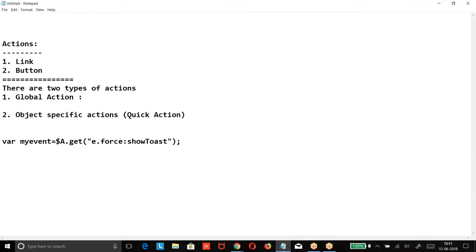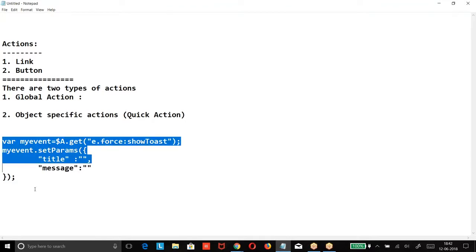To find this event, we need to set the parameter. My event dot set params. The value should be in the form of key value. So we can give title, some message. This is how you are going to do.